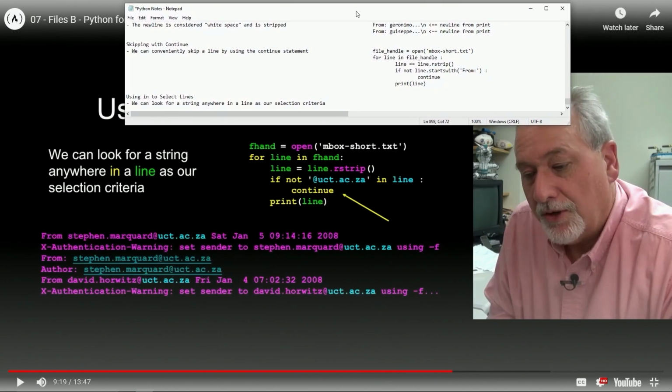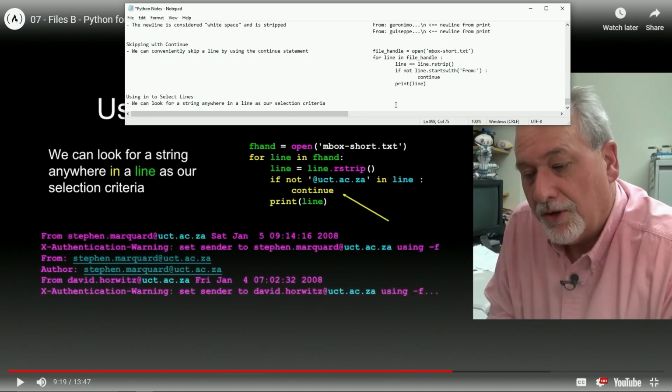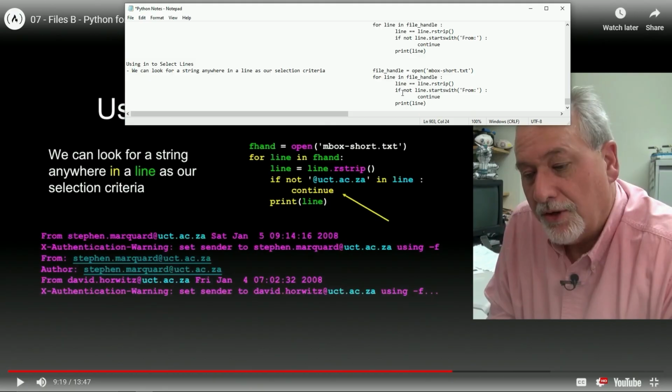Let's look at this. So we've got, let's take this and drop it off like thus. For line in file handle, line equals line strip. Okay, if not specific, I guess it's if not. Do we have to have the at? There's not a space there.